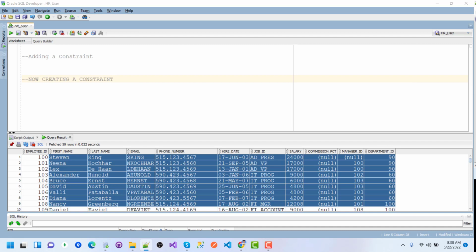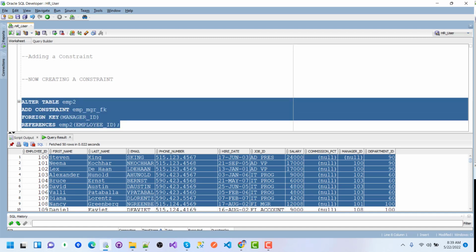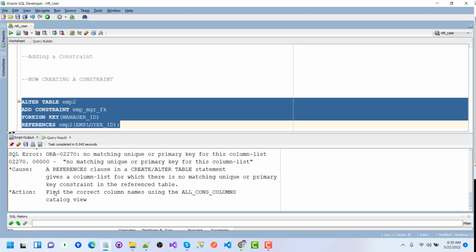Now I want to create a constraint. This is alter table emp2 add constraint emp_manager_fk foreign key manager_id references emp2 employee_id. After executing this query snippet for the foreign key reference from emp2,